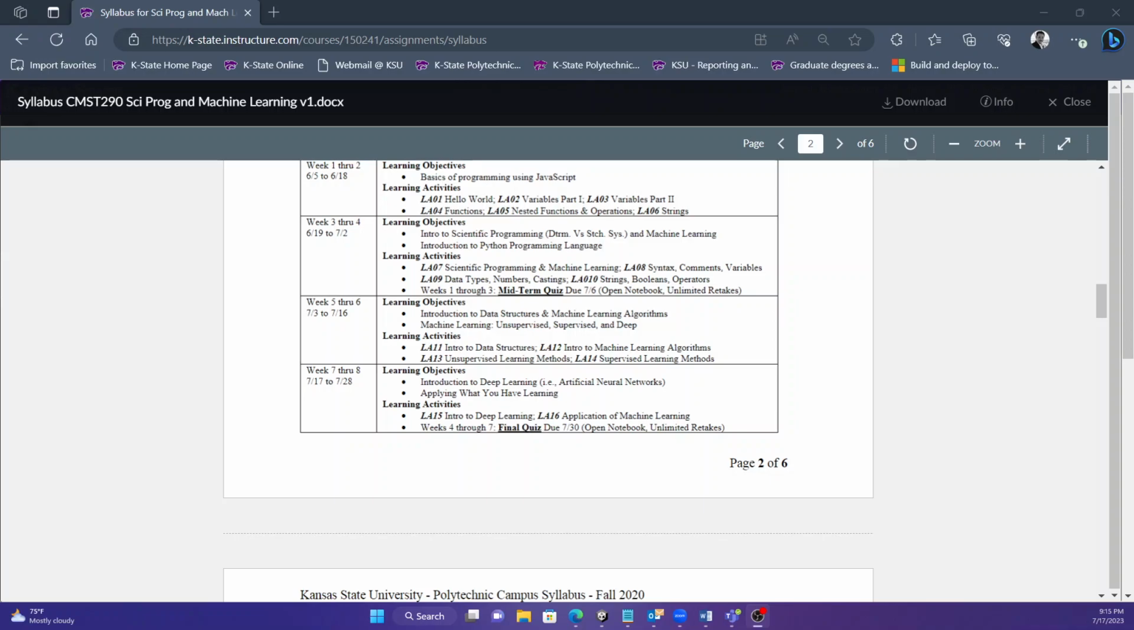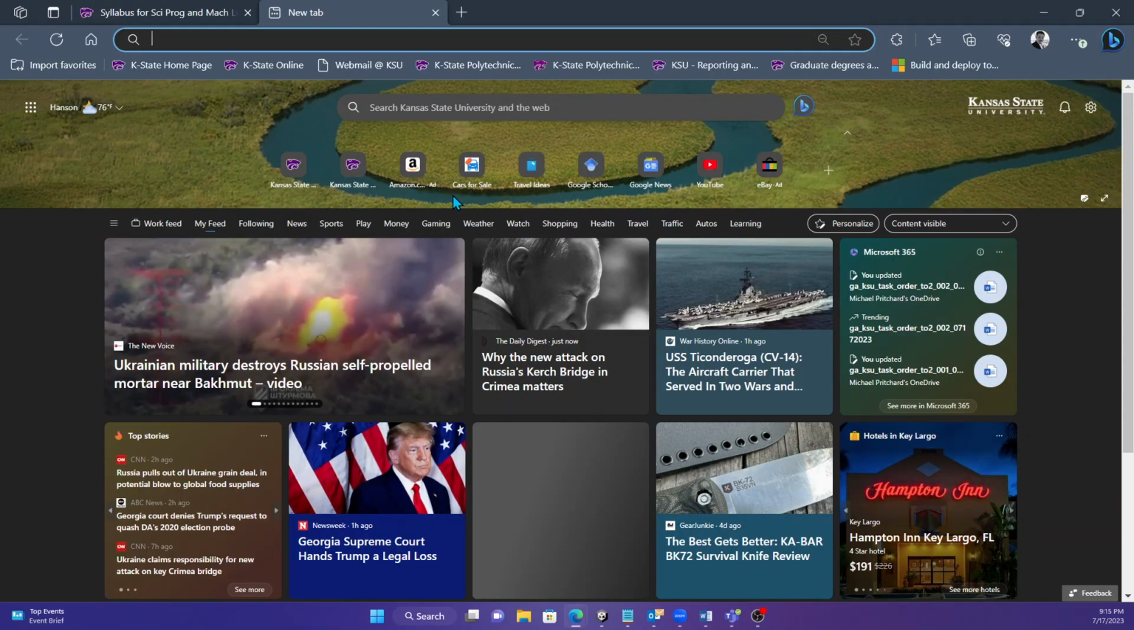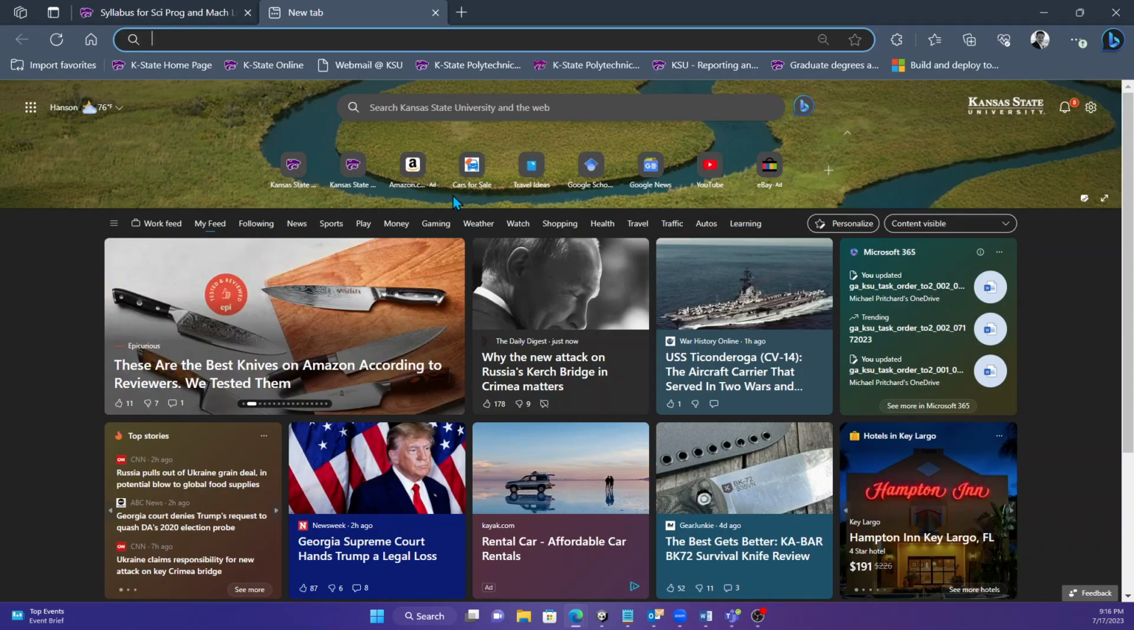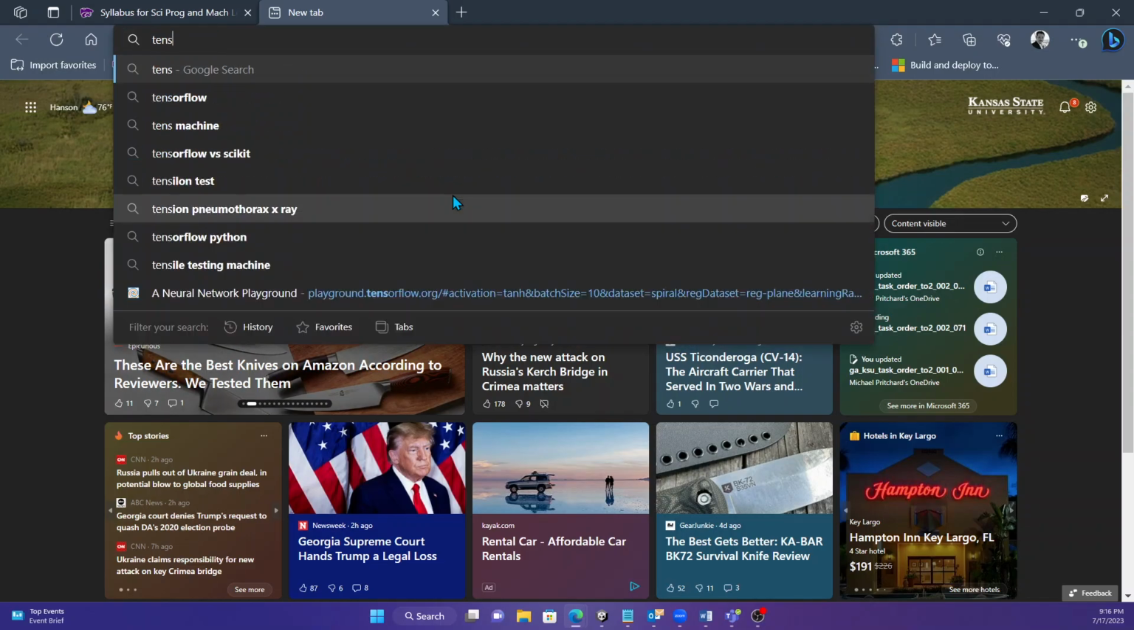CMST290. We just finished up learning activity 14 for supervised learning methods, where we went through linear regression. We're actually going to jump into the high level of deep learning and understand what deep learning is. And I think the easiest way to do that is through a product called TensorFlow. The easiest way to do this is to jump out to the internet and search for